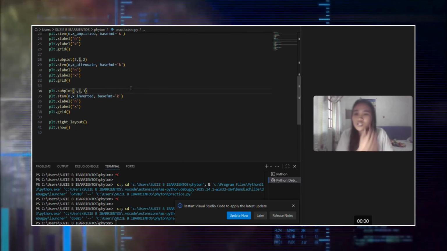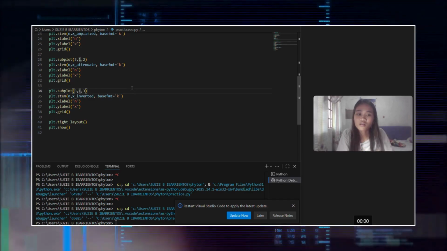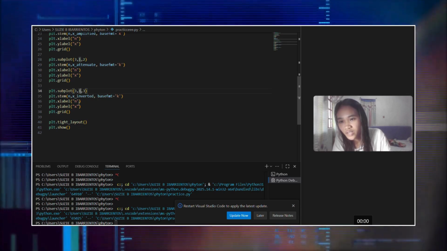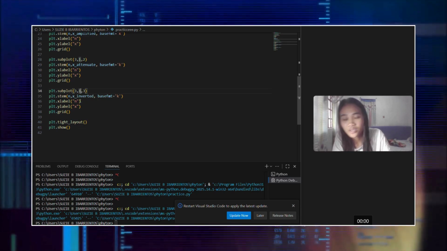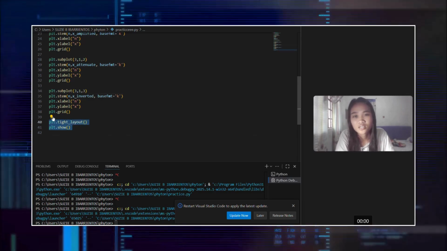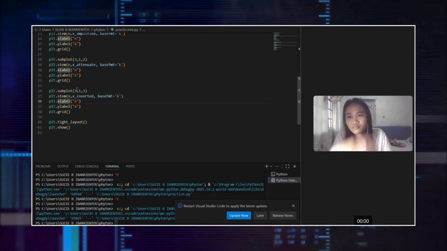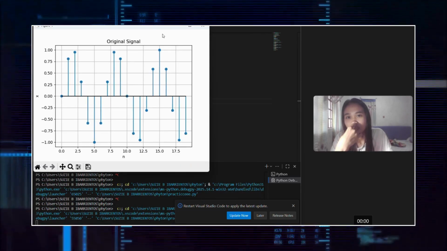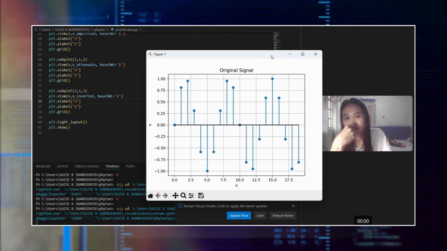This is basically the color of the signals. For the x label, it's n, and for the y label, it's x. And finally, show the plot. So let's see. You can see this is the original signal,